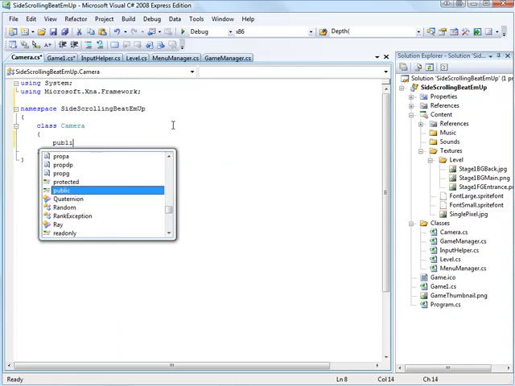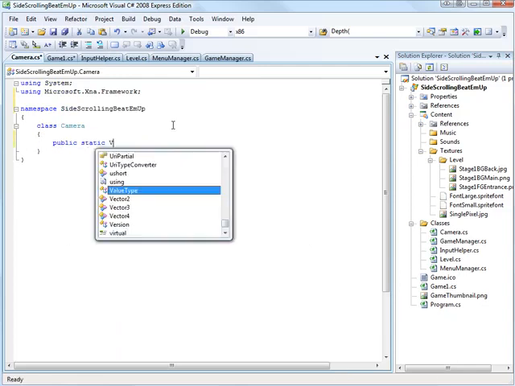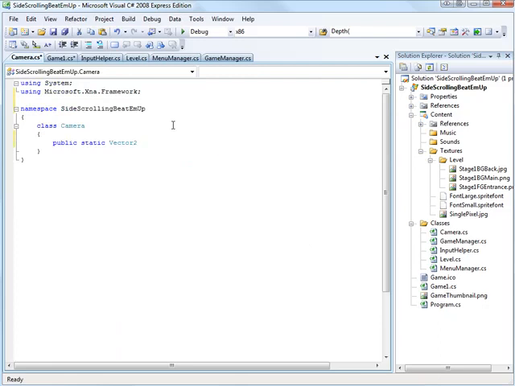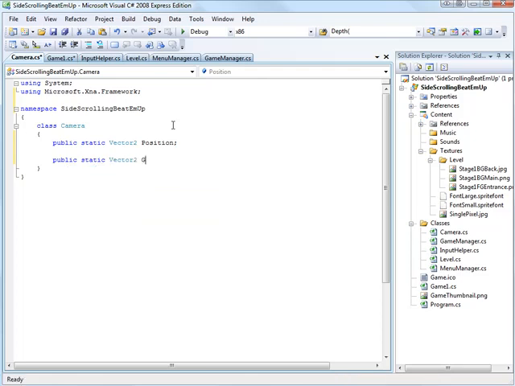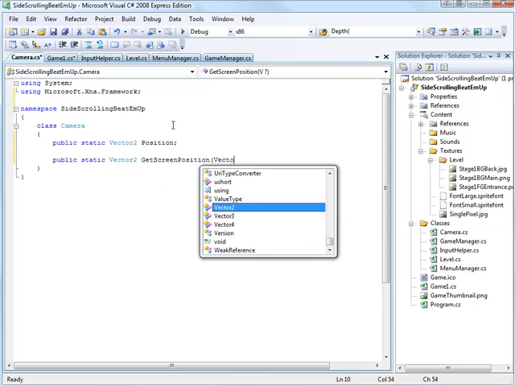And let's say public static Vector2 position and public static Vector2 GetScreenPosition, so a method called GetScreenPosition which takes in a Vector2 and will return us a Vector2